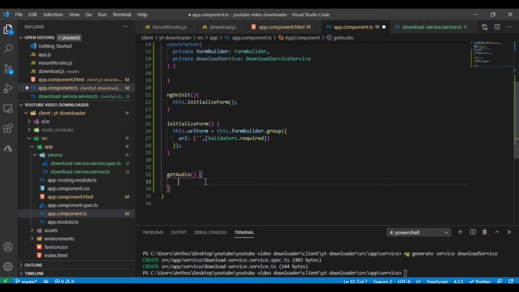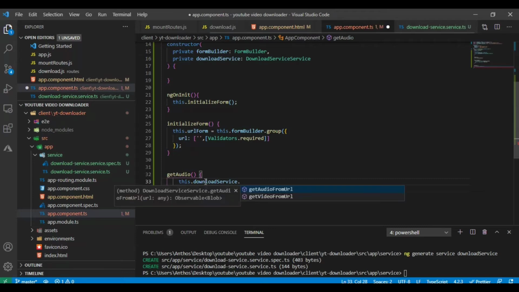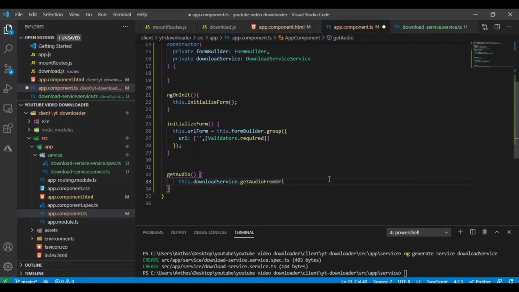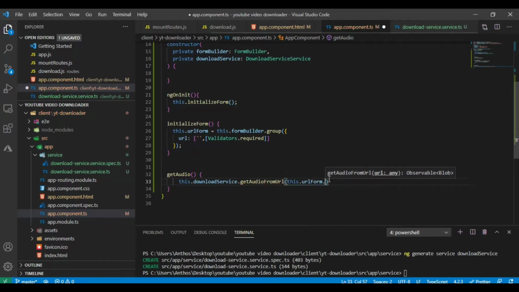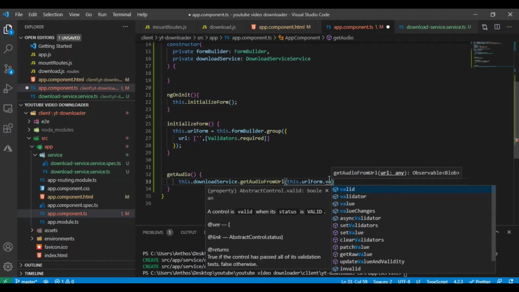Here inside this function, the very first thing I am writing is to import the service, and that is by writing this dot download service, that is the alias name which is globally being imported. And now inside this there are two functions. So I am inside the audio function, so I will get the audio function, and then I will write inside it this dot URL form dot